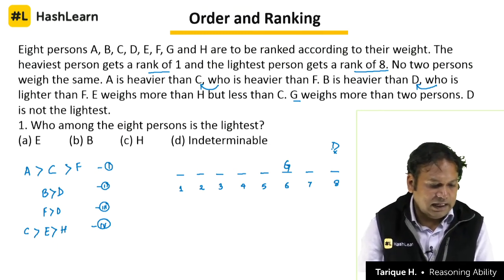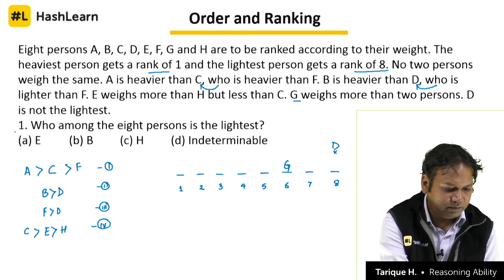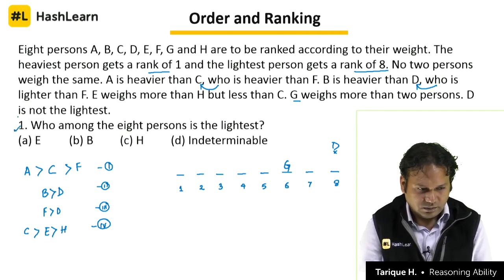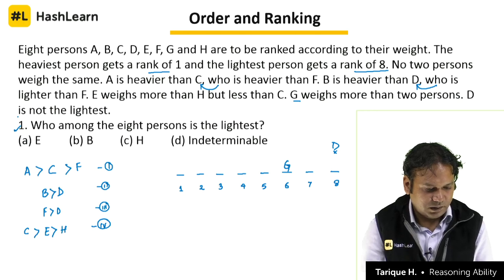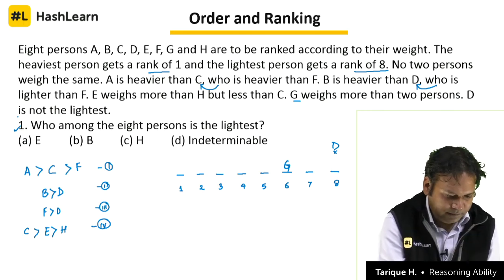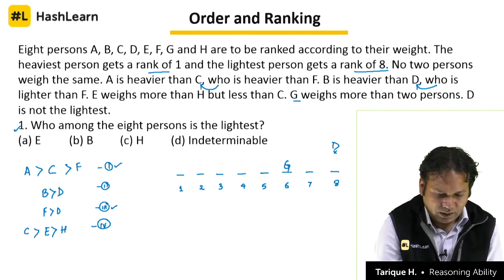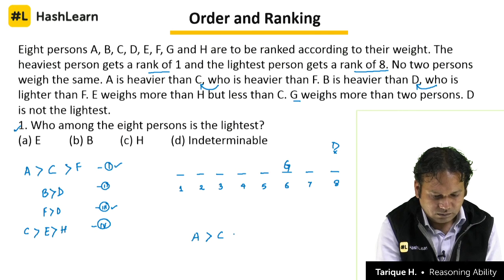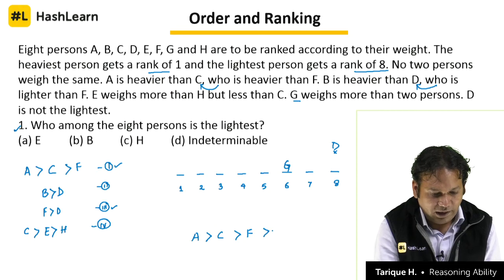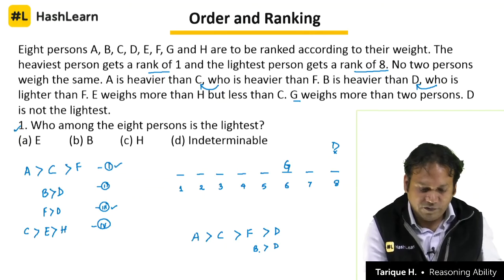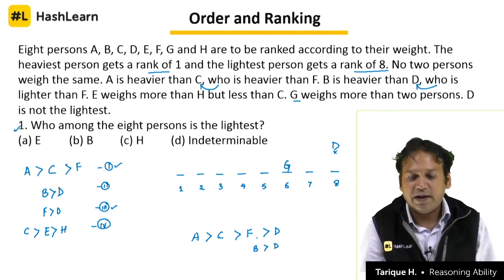Who among them is the lightest person? Let's understand this. Combining 1 and 3, A is heavier than C, C is heavier than F, and F is heavier than D. B is also heavier than D. So there are 4 persons, 1, 2, 3, 4 who are heavier than D,